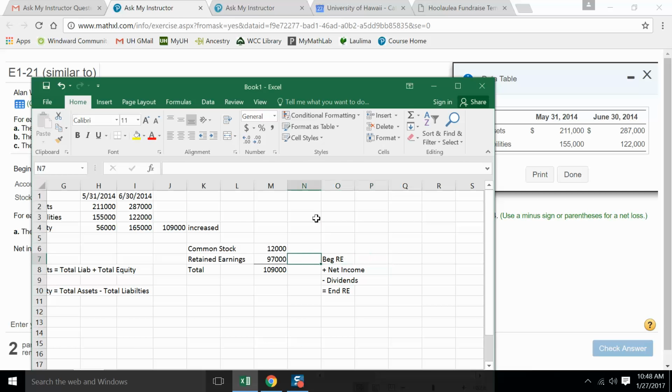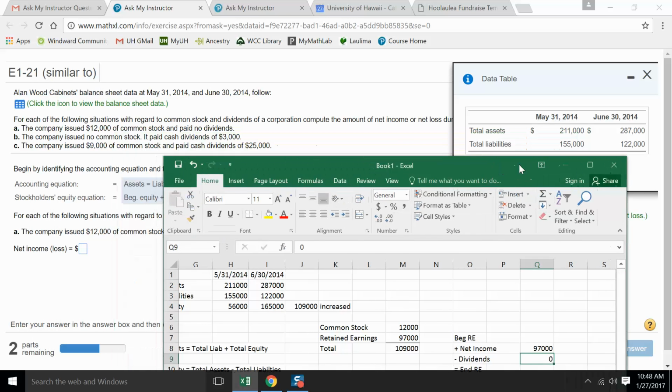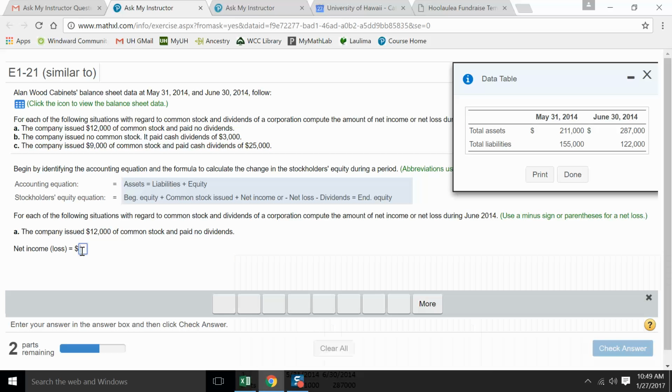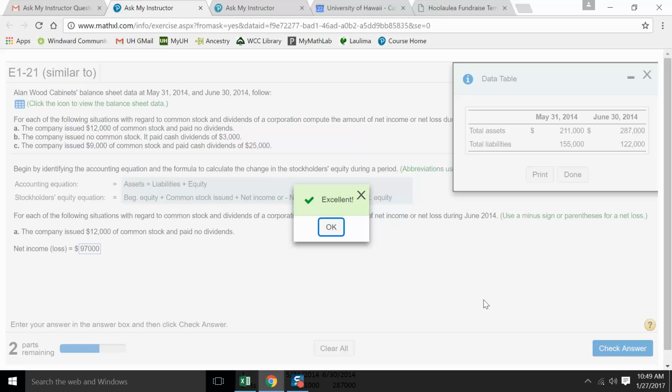Okay, now it tells us that there was no dividends, so no dividends were involved. So to get from beginning, you don't even need to know the beginning retained earnings, because the only two things that affect retained earnings are income and dividends. And if there were no dividends, then the whole 97,000, right, would be due to net income. So I'm going to come over here and take a look at this problem. I'm going to say 97,000 was the company's net income, and we can say check answer, and we get excellent. Okay, so